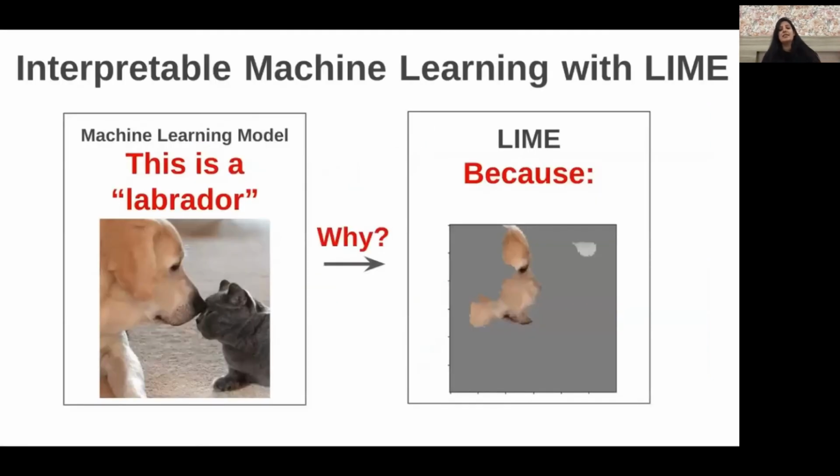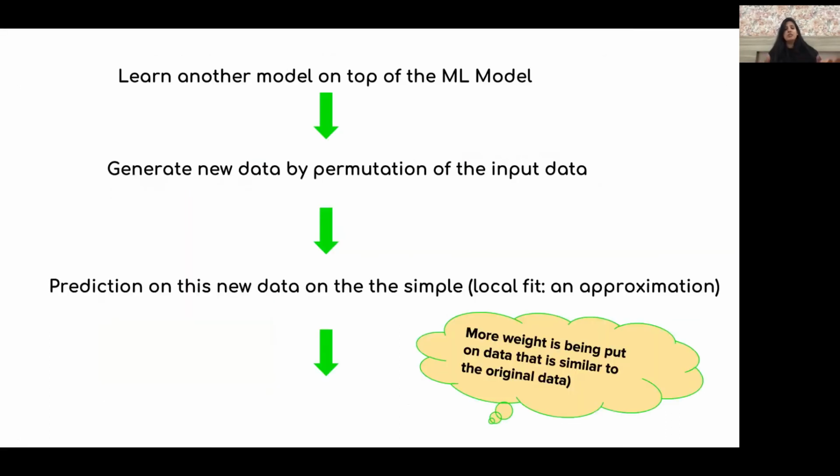So let's look at this image. You'd say that this is a Labrador because the dog looks like a Labrador. Basically, LIME helps you highlight those pixels in the image and explains why the model is saying it's a Labrador, what the input pixels were that were important. So we know LIME is great. We know it can help us solve all our problems when we are training a model. Let's understand how it actually functions. It's a very simple process, but a beautiful one. The first thing it does is that on top of the ML model that you fit in, it learns another model on top of it.